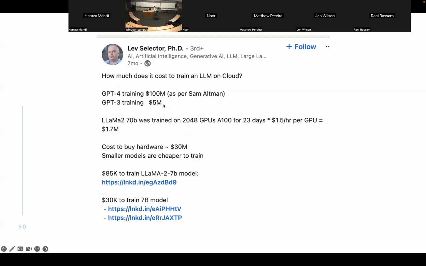So these large language models are very costly to train. Normal humans, like me and you, we don't have the financial ability to train these models. According to OpenAI, GPT-4 costs $100 million to train. That's just to train, so hardware and electricity, not counting engineering hours and how much you're paying your engineers, right? Llama 2 cost 1.7 million. And now they came out with Llama 3, like we showed earlier. So these models are very, very expensive to train.